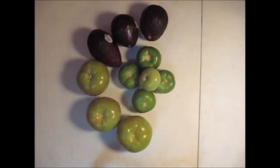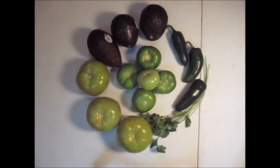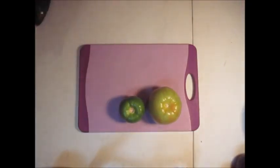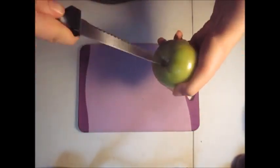As always when cooking, make sure to clean your workspace thoroughly. For this recipe, you will need 4 tomatillos, I had 5 so I used 5, 3 green tomatoes, 3 ripe medium-sized avocados, 3 jalapenos, a few sprigs of cilantro, sour cream, and also 3 cloves of garlic. I forgot to put the garlic in this recipe until about halfway through, so you'll see that coming in a